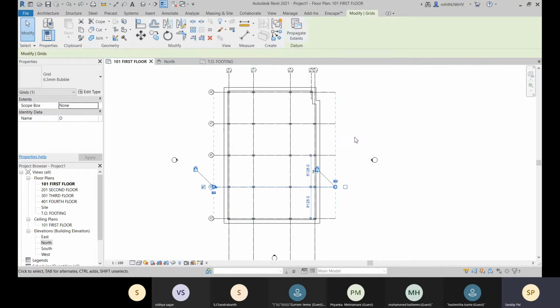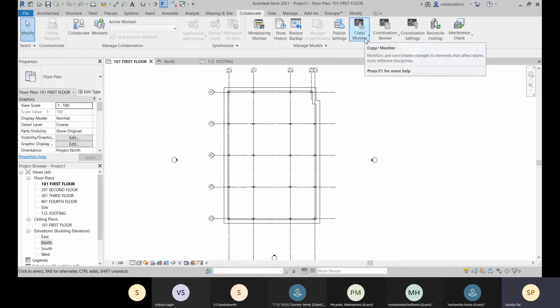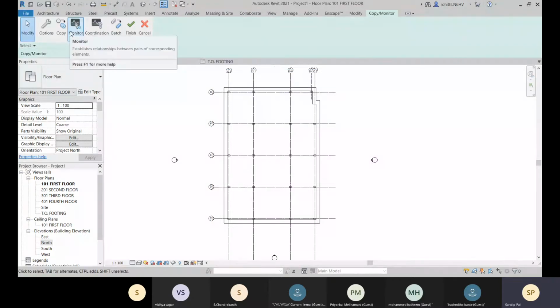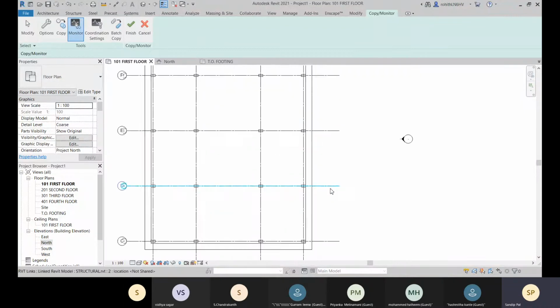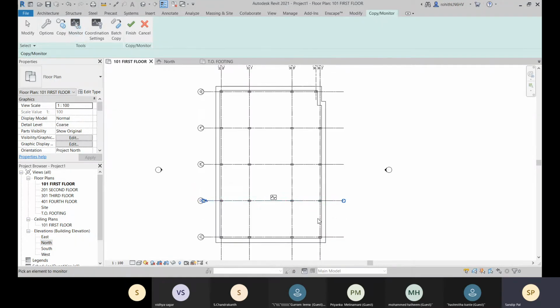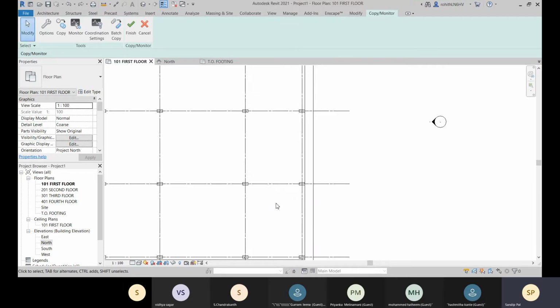Let's go for this select link, select this link. Yeah, so here you can see that this is being monitored now. Here you can see the symbol.